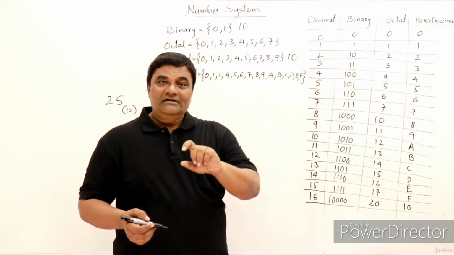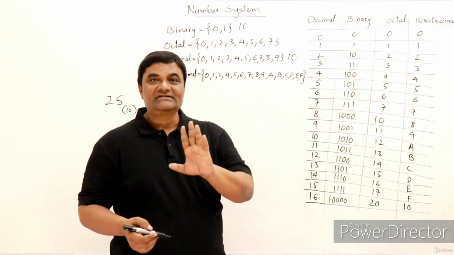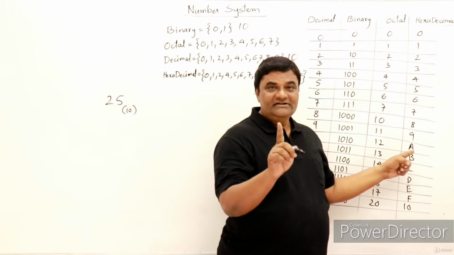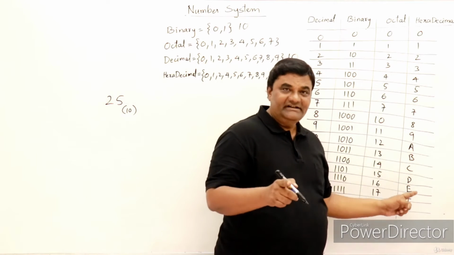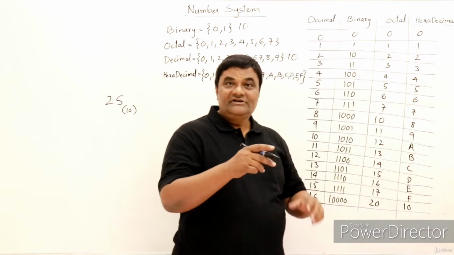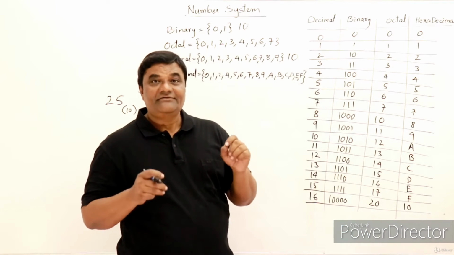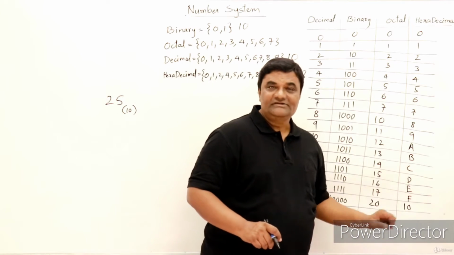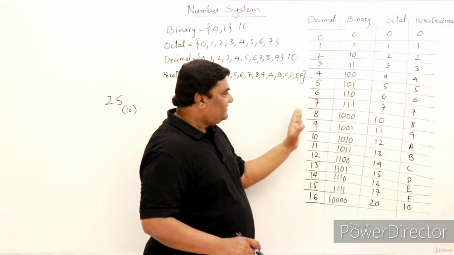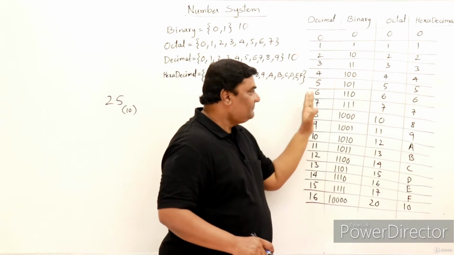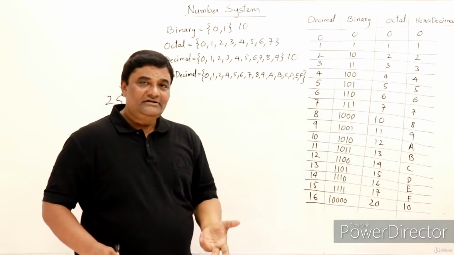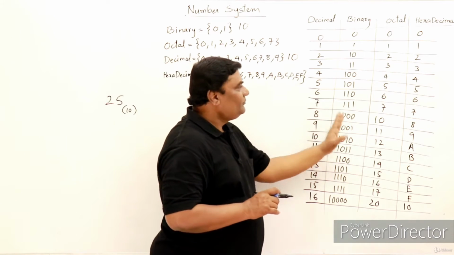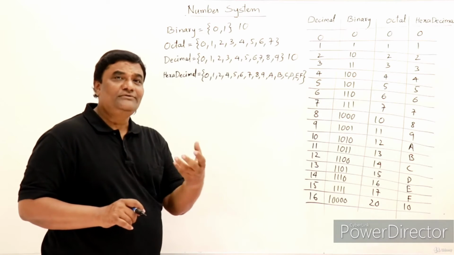Hexa means 6 plus 10. Hexadecimal, total 16. So 0 to 9, then after that for 10, the English alphabet A is used, then B, C, D, E, F last. So there are total 16 symbols in this one. Then after that we take the combination 1, 0. How to convert binary to octal, binary to hexa, everything is there, you can study it. But in this video, I'll just show you conversion from decimal to binary, then binary back to decimal, just to give you the idea.